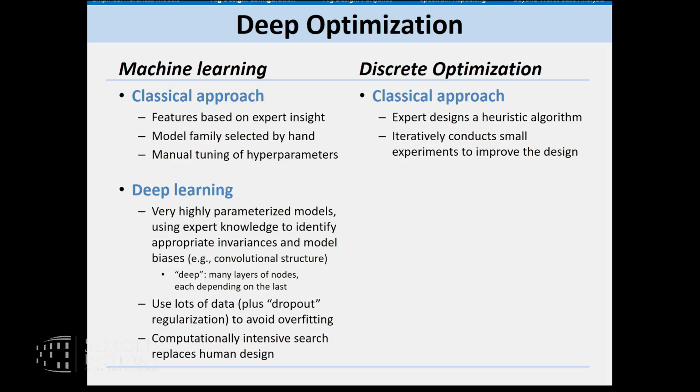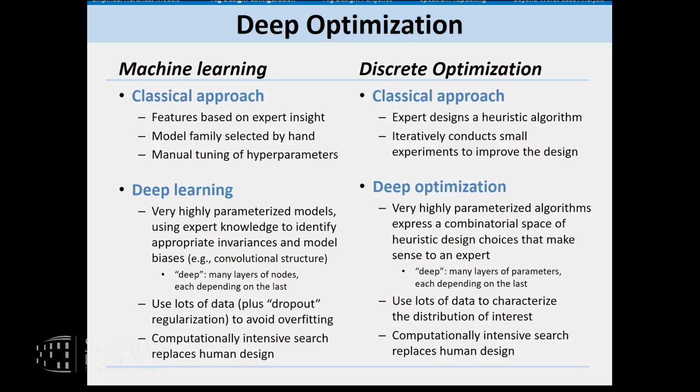That being the case, you might wonder, what does that mean for us if we study optimization? And I would argue that there's an analogous deep optimization program that one can follow. The way people in the AI community think about attacking some important problem domain is, an expert comes up with a heuristic algorithm based on all kinds of knowledge of heuristics, things that have worked in the past, and then they iteratively do small experiments to improve the design. They iterate in this way until the conference deadline, and then they submit what they've got, and that's their algorithm. And instead, what we've been advocating for some time now is what you might call deep optimization,